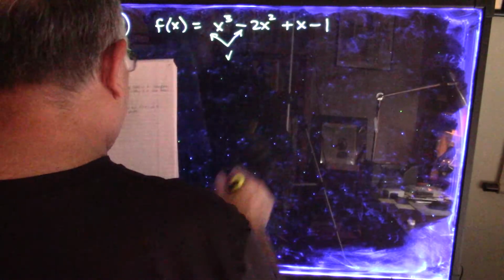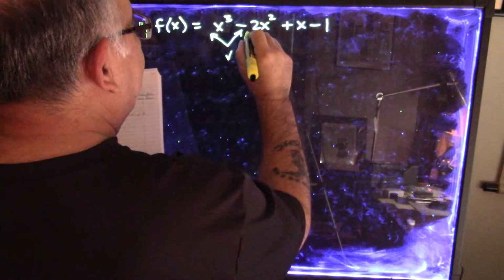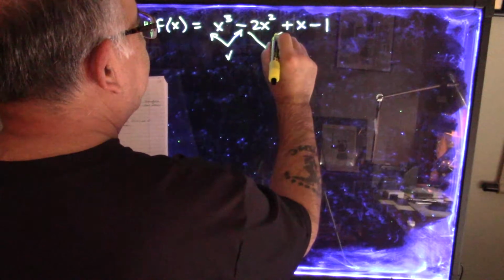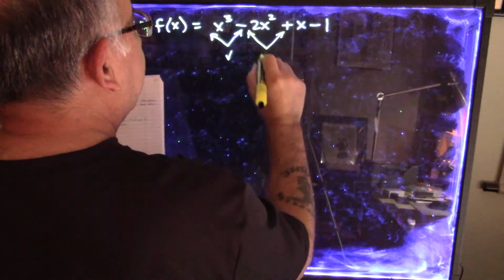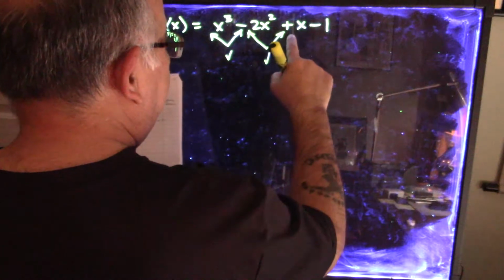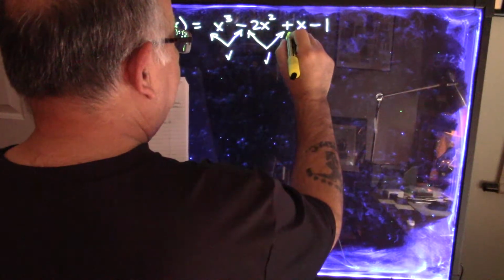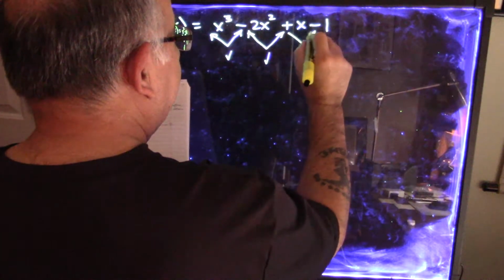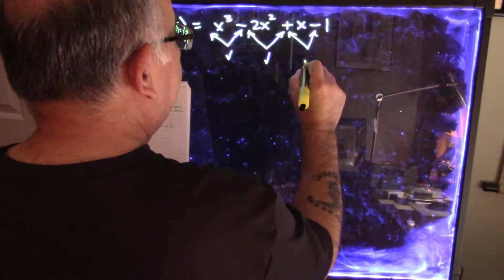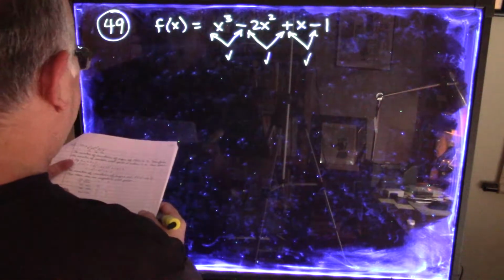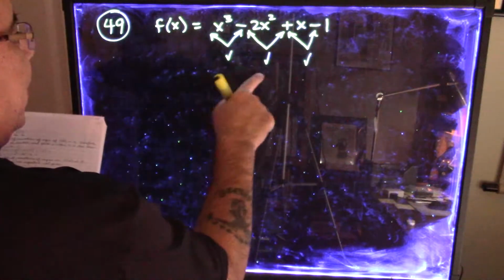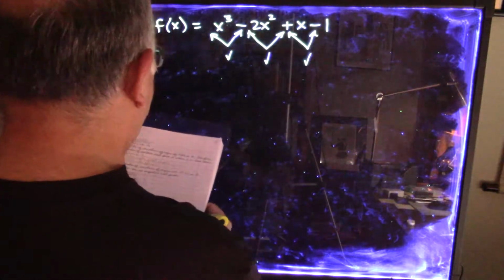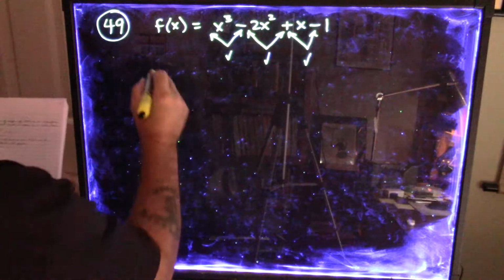Check. Negative to positive, another variation. Check. Positive to negative, another variation of sign. Check. Alright. So for f of x we have three variations of sign, so that means that the number of positive real zeros